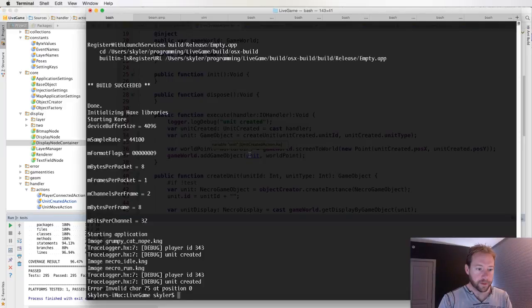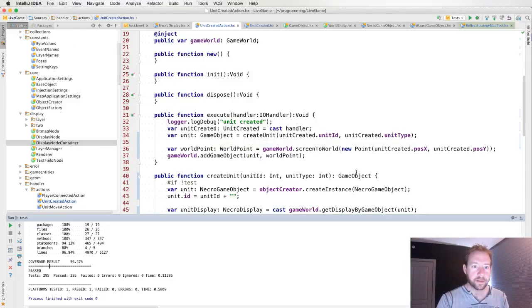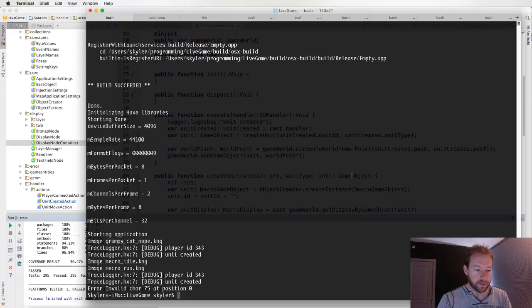It's happening somewhere in here. Valid character. So it's actually kind of important to understand why we're getting such things. So if we do cut the run,